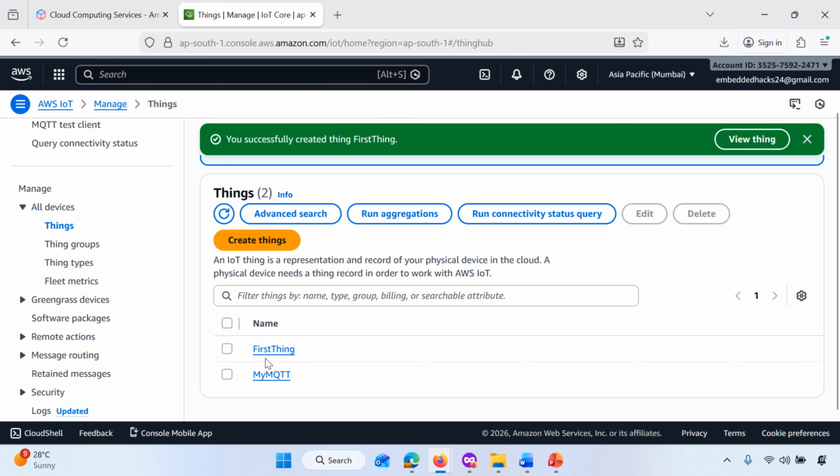You have to add this thing name in your ESP32 configuration so that when you send a request to the MQTT, it will understand for which thing name this request is being sent. This is all for this video. In the next video, we will understand how to configure the ESP32 and actually send the data to the AWS MQTT broker, that is AWS IoT Core, and we will see how to view the data